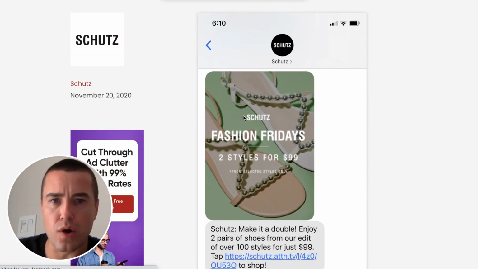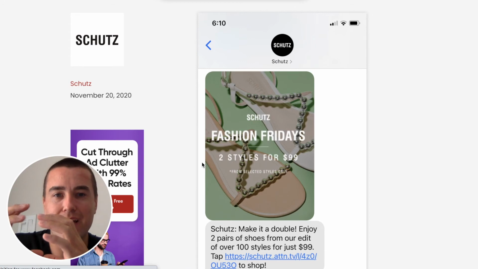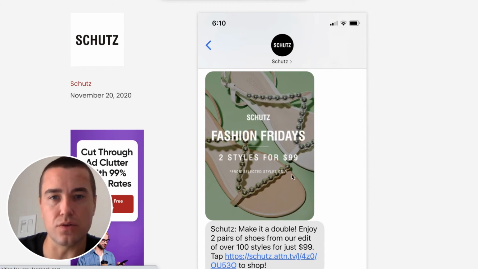Looks better, but it's not perfectly crisp. So again, most likely they're uploading maybe the right height, but not the right width. So then the phone is trying to figure out how to condense it and shift it, and it's just making things a little bit blurry. You can really tell when the text gets a little smaller.